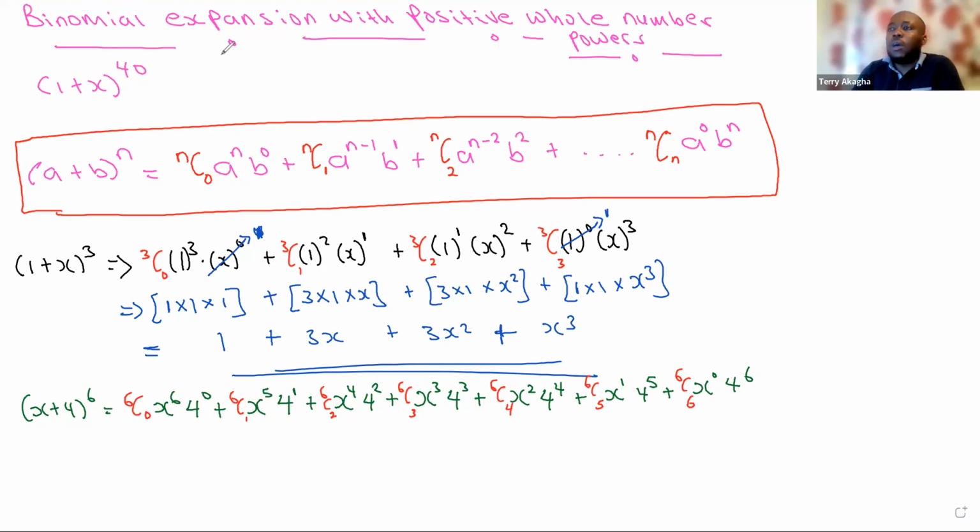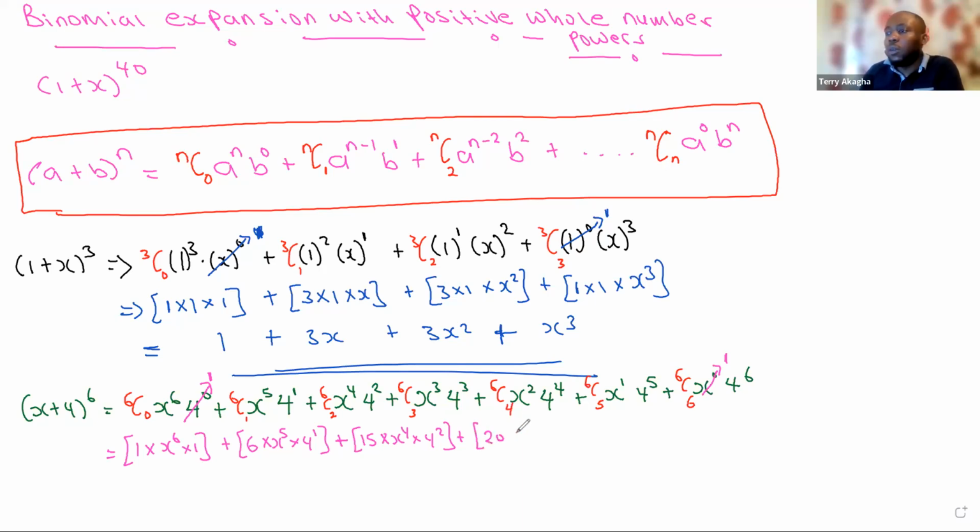Now, after this, we can go back and solve the question, okay? Remember I told you anything raised to the power 0 is going to give you 1. So 6 combination 0 will give you 1 multiplied by x raised to the power 6 times 1, plus. When you press your calculator, 6 combination 1 will give you 6 multiplied by x^5 times 4 to the power 1, plus. 6 combination 2, you should have 15 times x^4 times 4^2, plus